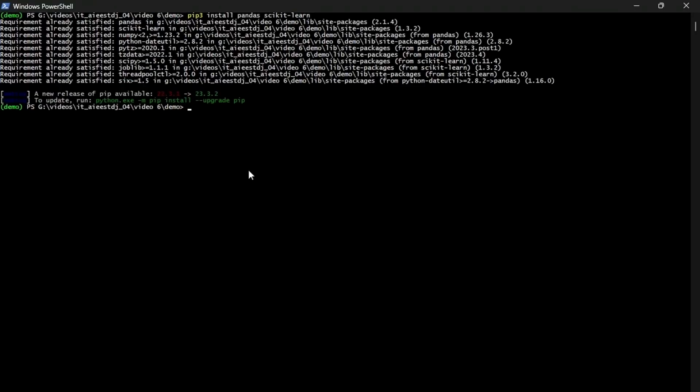So now let's return to our PowerShell terminal, and we're going to start up Python with the command python. Now we have an interactive session where we're going to start building our model. First, let's import our libraries. We're going to do import pandas as pd,